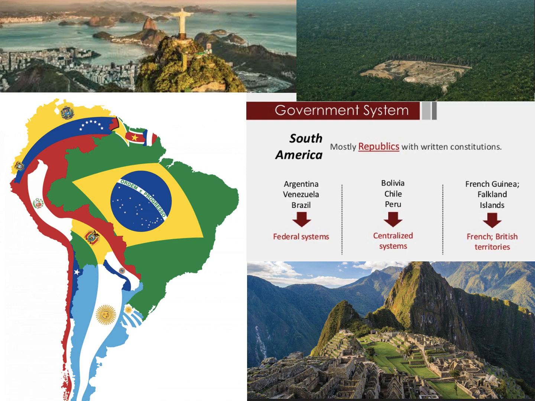One thing I would also like to make you aware of, if I'm sure you are not already, is that many of the sources you will come upon on the internet aren't necessarily updated and/or can sometimes be misleading. For instance, the slide here that says government systems, it says South America is mostly republics with written constitutions, and it has three categories of that: federal system, centralized, and then French and British territorial systems. To assume that any of these countries are very similar would be wrong. Also, you could see to the left under the federal systems category, Venezuela is listed, and as we know, they're going through enormous amounts of political upheaval at the moment.